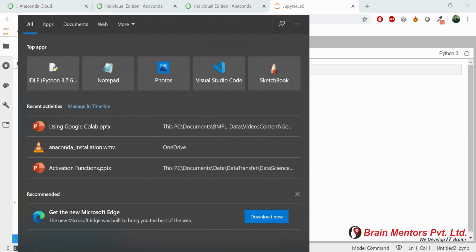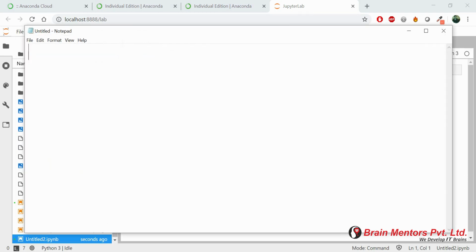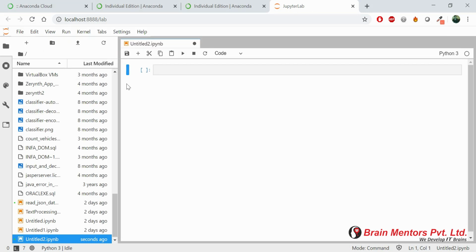And I hope you know that by default when you work with Jupyter, it saves the file with the .ipynb extension, that is IPython notebook. If you work with Spyder, then it saves the file as .py. Plus, if you are using Jupyter, then you can download these files as Python files as well. Now we are ready to work with it.